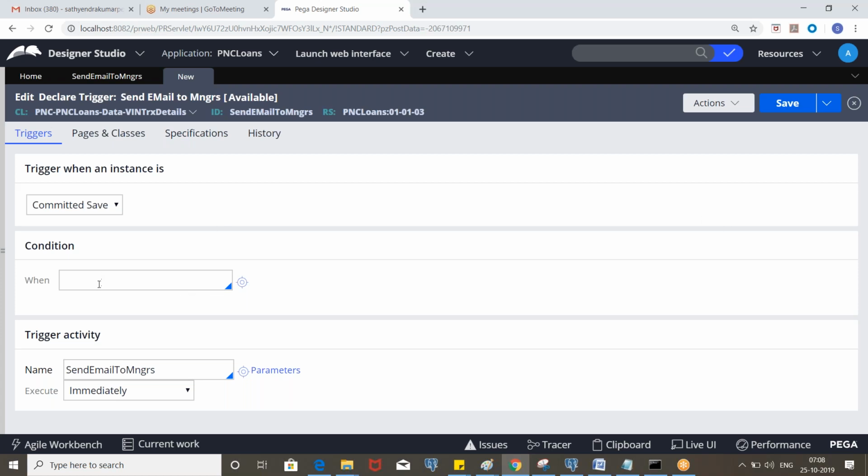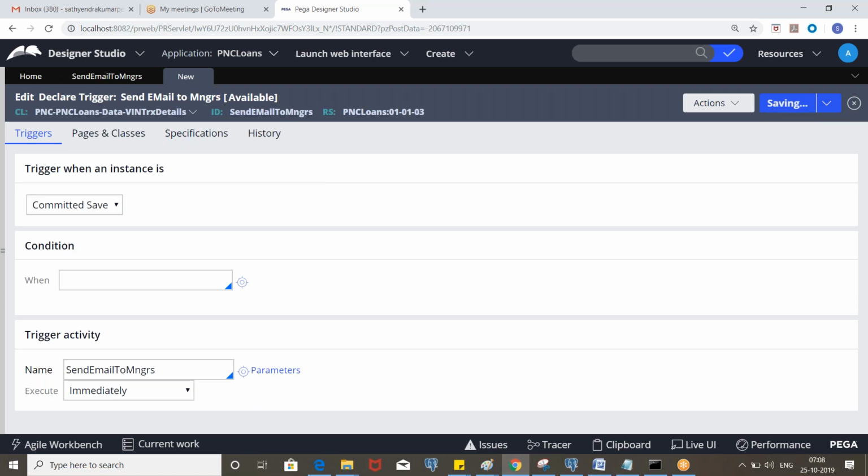For example, if the model year is less than 2010, we don't need to send an email. So in that case, we need to put that condition.